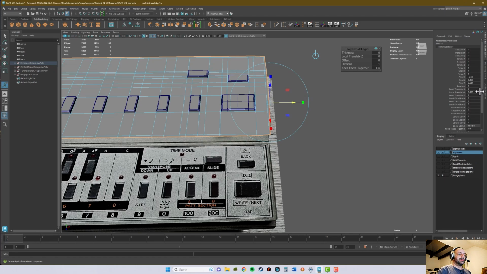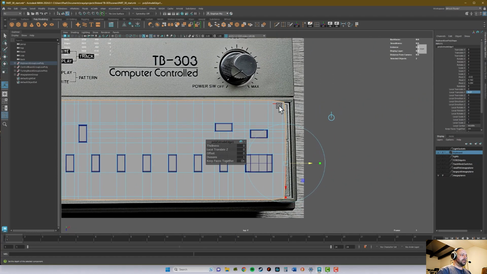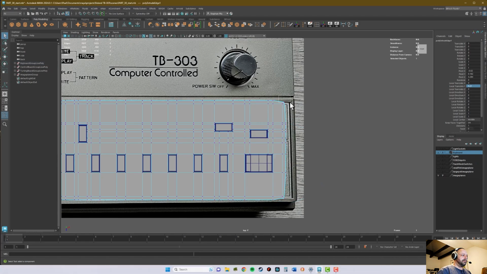type in local translate Y. So it's about 2 millimeters. Yeah, let's put in 0.21. So and then we have to fix those edge vertices here. So this one,